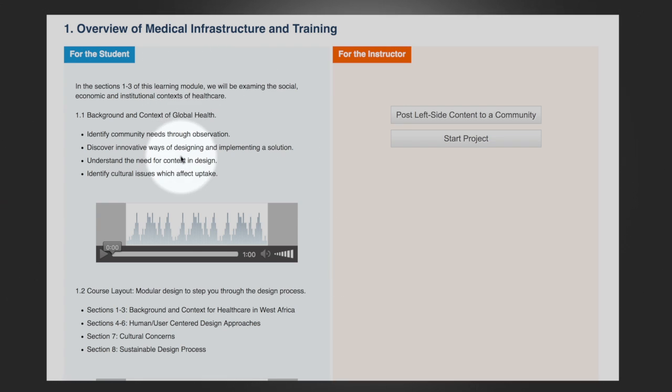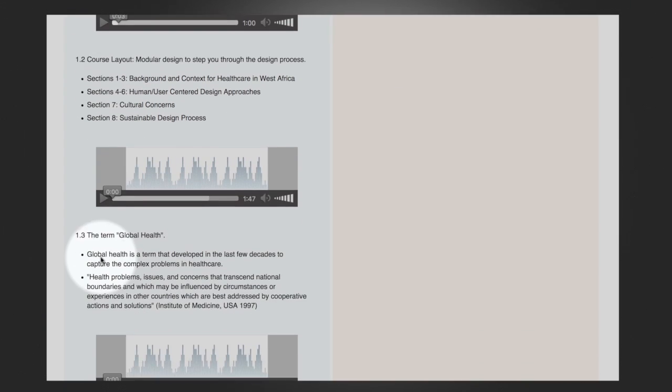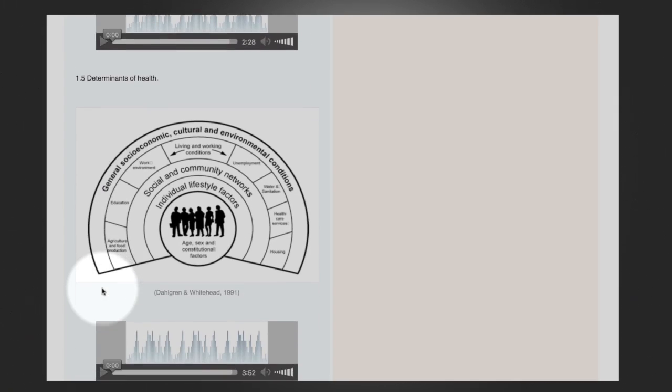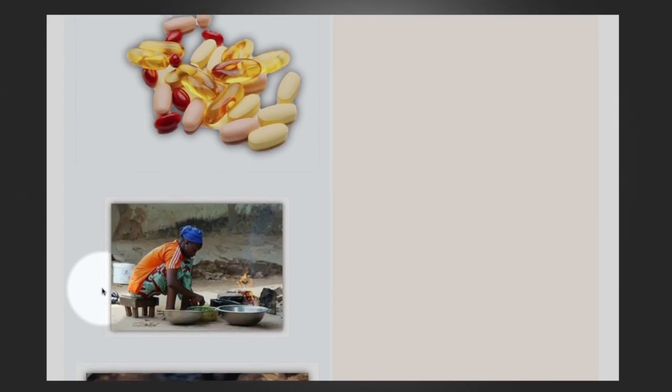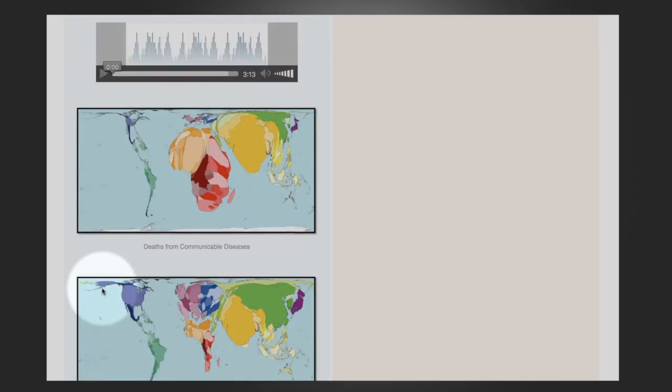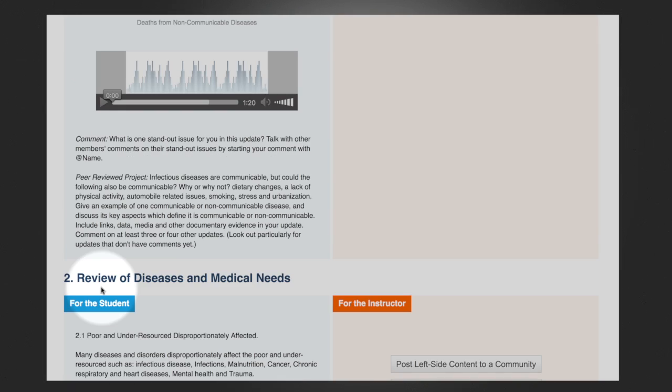So she's got a bit of text here, but then, look, she speaks for a minute in the middle of the text. Upon completing this course, students will... This is at the very beginning, and then she speaks a bit more for another minute. The term global health really hasn't been around that. And we scroll down, and there are diagrams, and there are images, and there are videos, and so on and so on. And if we scroll all the way through, this is the second